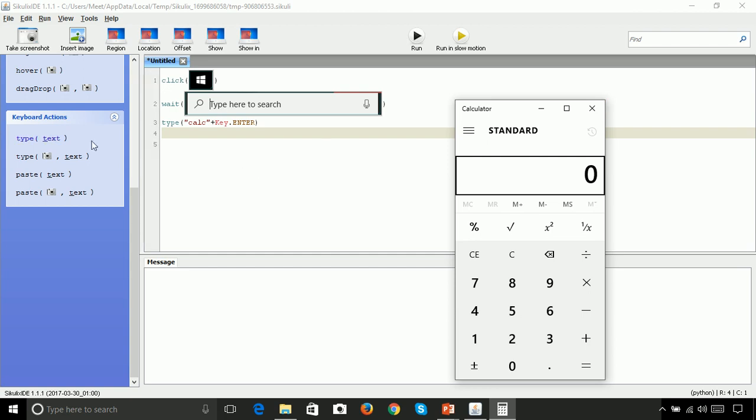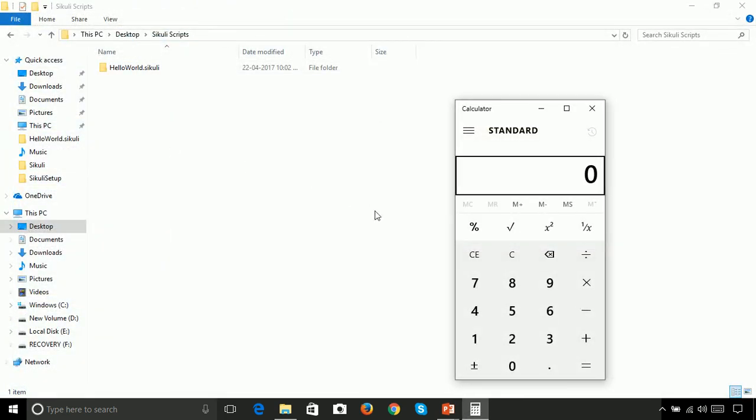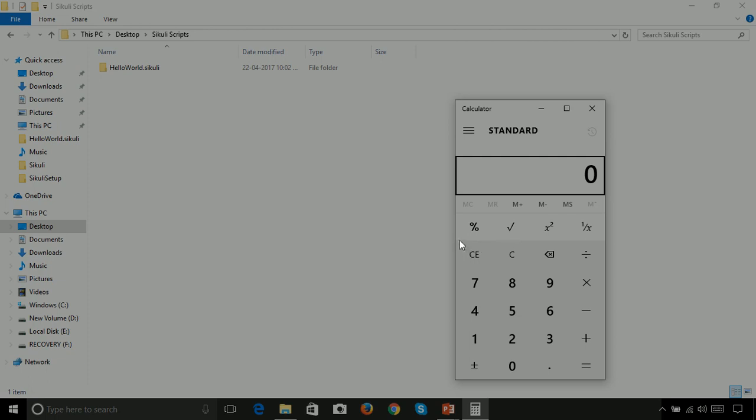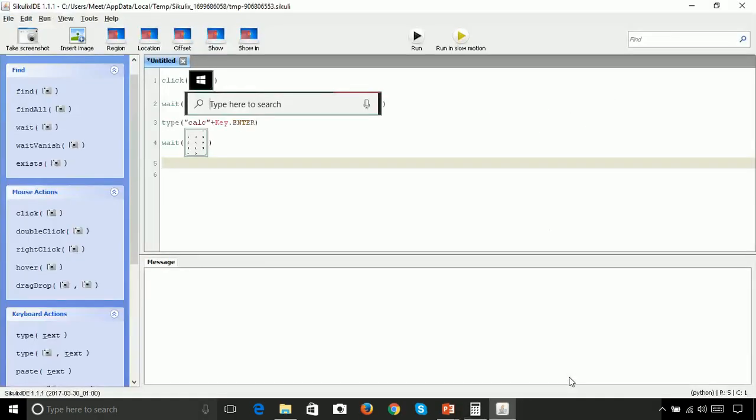So let's use the wait function again, and let's drag a box over this pattern, so the script will wait for this pattern to appear on the screen. So once the calculator appears on the screen, we will start clicking buttons.